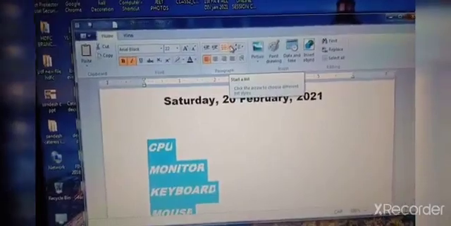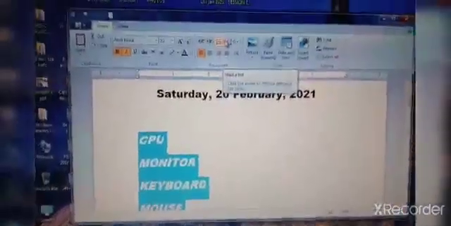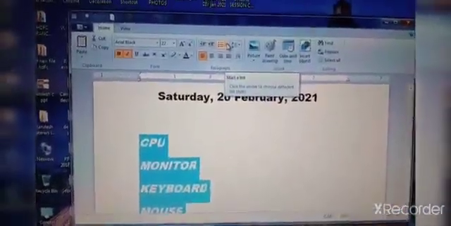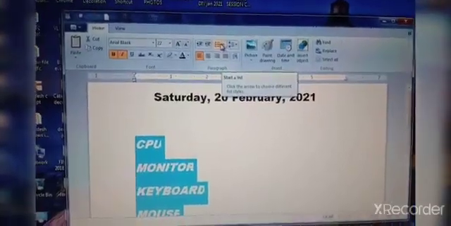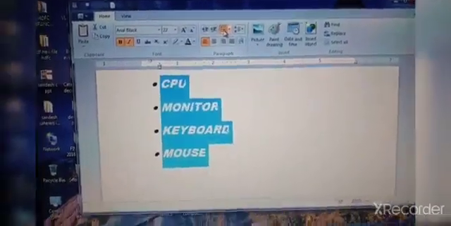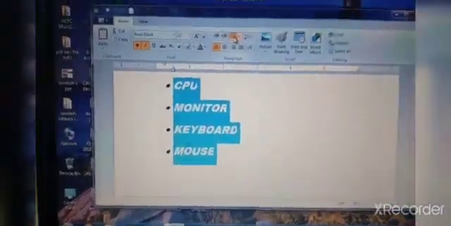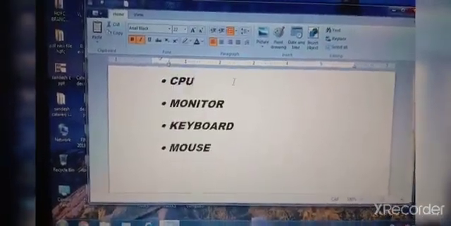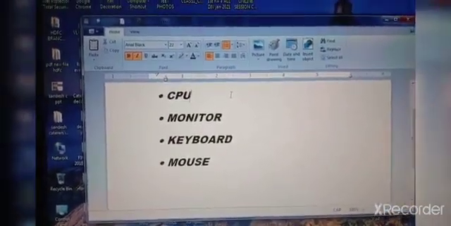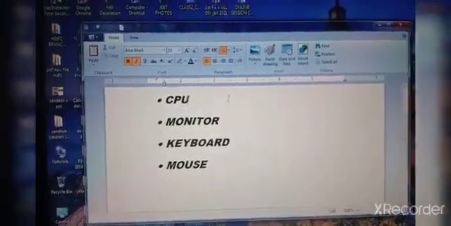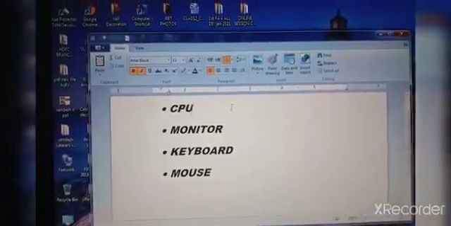See here, this is a bullet option, in the Home tab, Paragraph group. Click here. Can you see the bullets on each word? This is called a bulleted list. Understood, children, how to apply bullets?